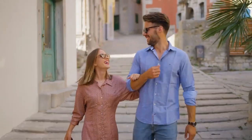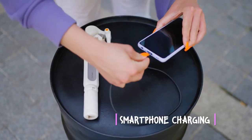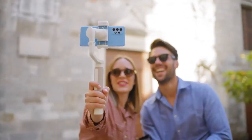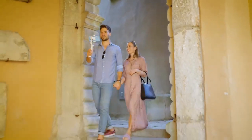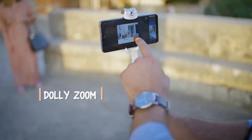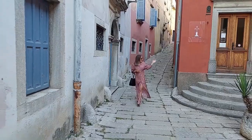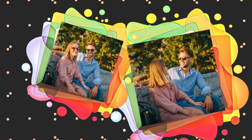The gimbal also includes an adjustable LED video light with 3 brightness levels, making it easy to capture great footage in low-light conditions. One of the standout features of the iSteady V2 is its long battery life, lasting up to 9 hours, much longer than many other smartphone gimbals on the market. Whether you're shooting a casual video or a professional live stream,